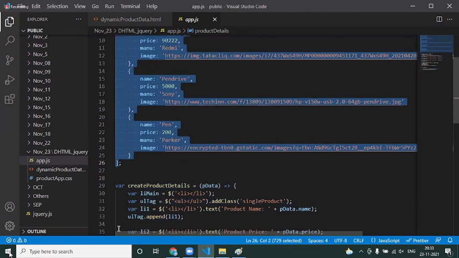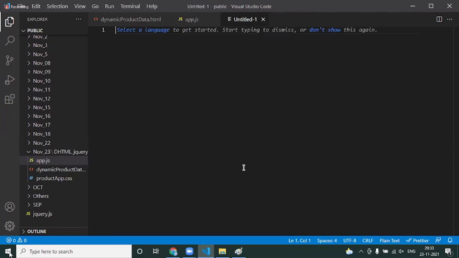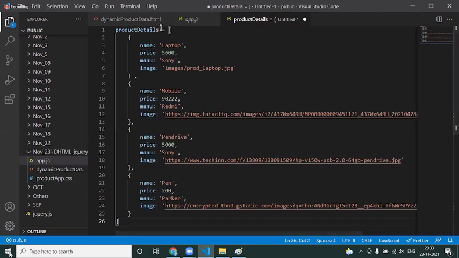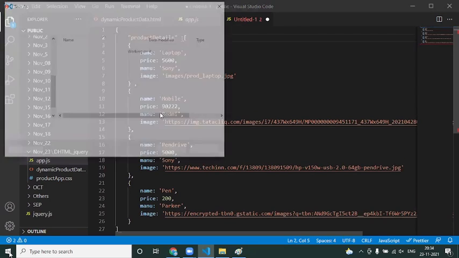Guys, please make sure everybody pays some extra attention. As I said, these are very, very important concepts. Once you go into real time, this is what you actually do. So I'm going for a separate file. I'm pasting only the data and I want to make it a JSON object here. This is the key. And I simply save this.